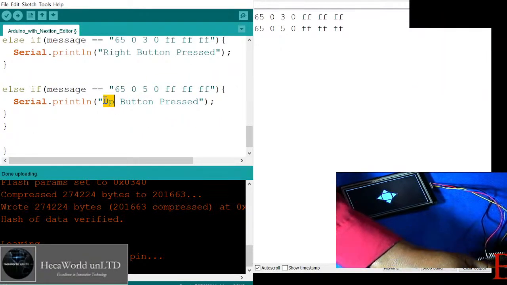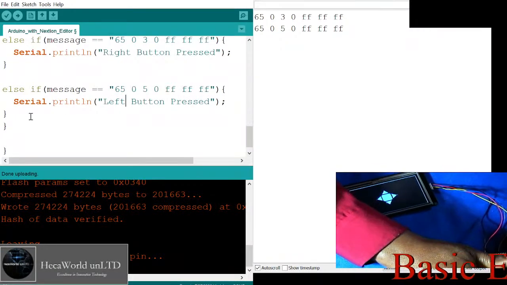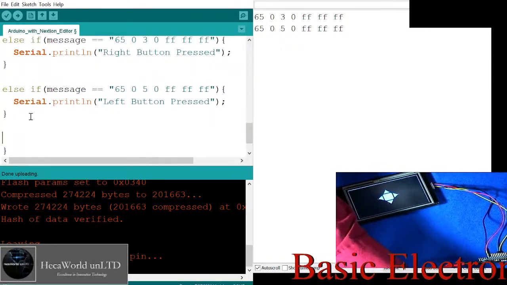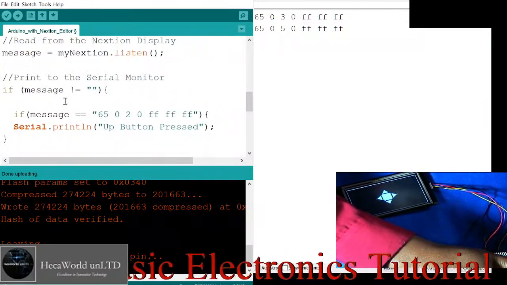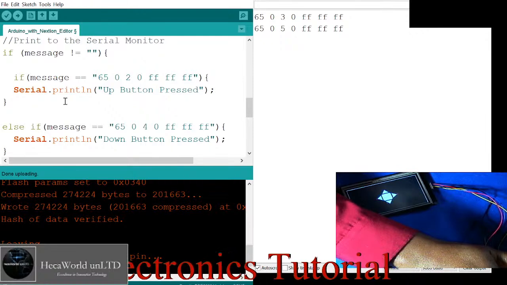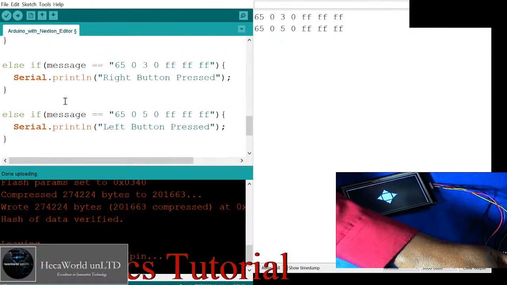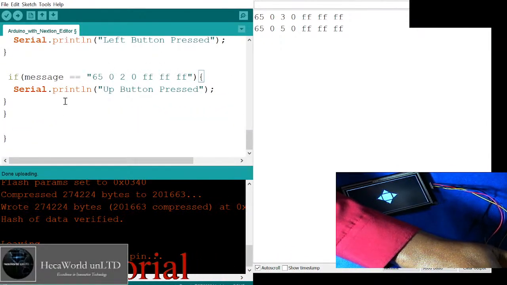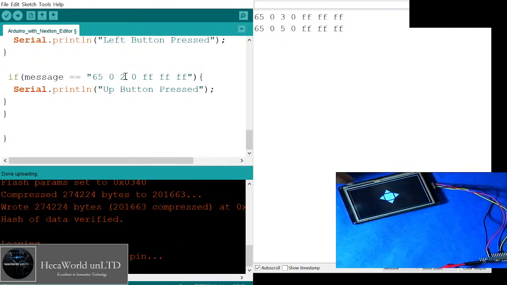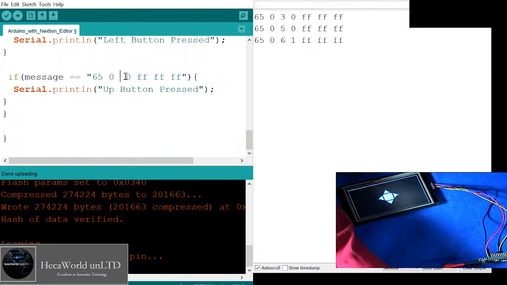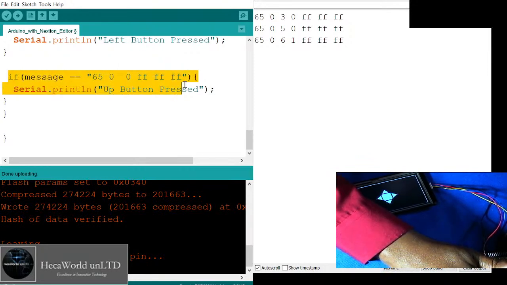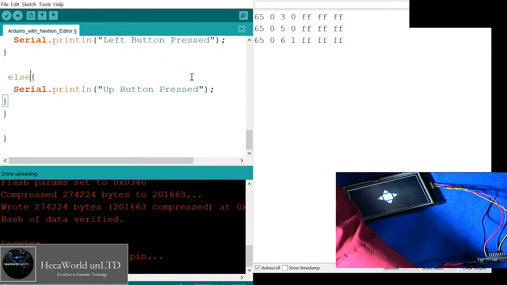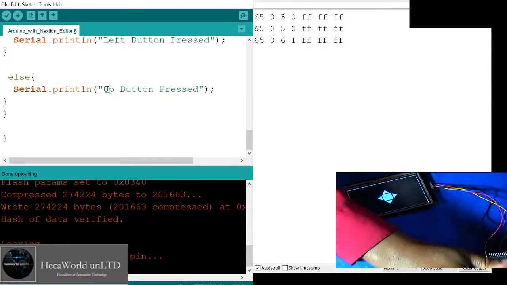Then tell me that left has been pressed. Then I say the last one is else. Really, I've done up, down, right, left. So the next one is going to be enter, which is 6. It has 6 in it. Oh, well, I don't have to do that. Else, I can just say else. Enter